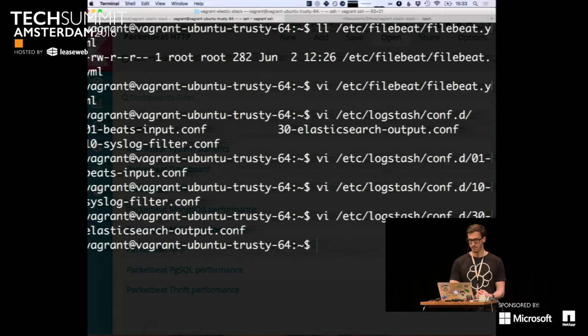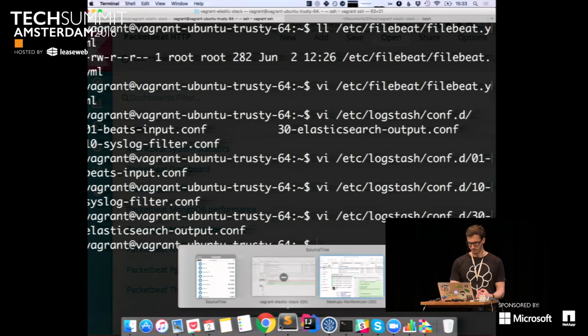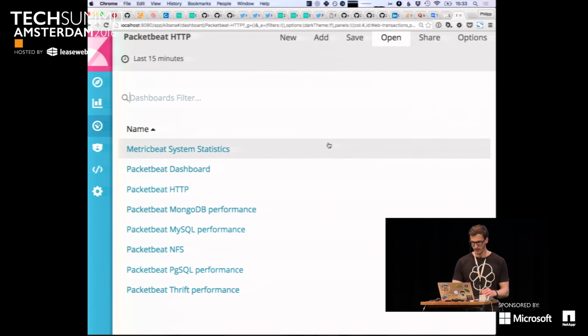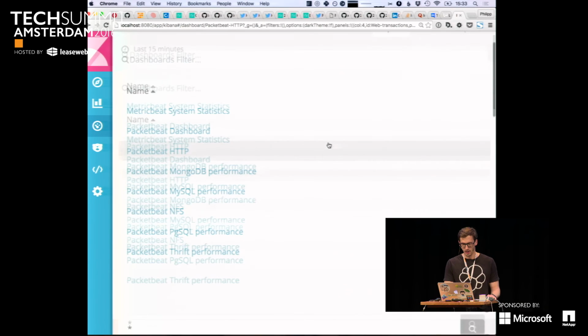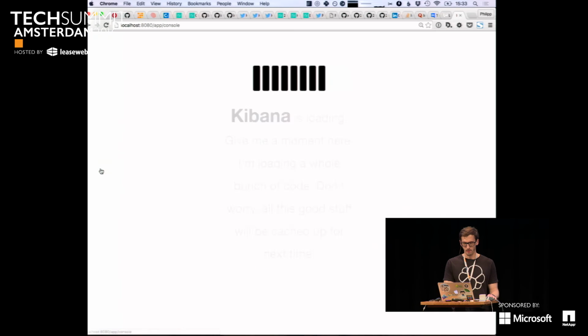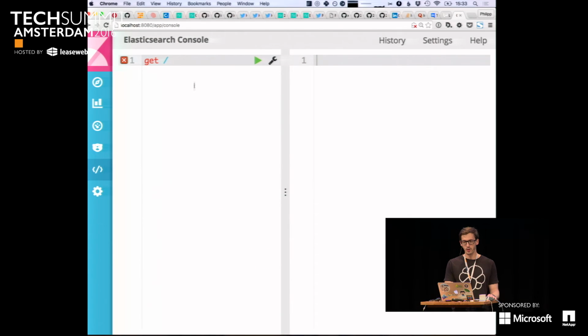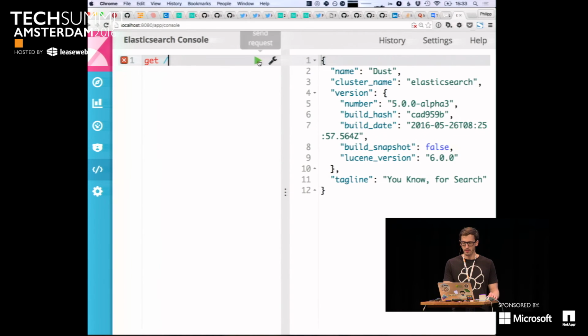So you can simply have that in Kibana. I assume everybody knows Sense, or now it's called Console. If you're getting started with Elasticsearch, this is the sanest way to do anything. So you have whatever you want to do, you just write get, post, put, delete, the endpoint you're targeting, and you can run everything in here.